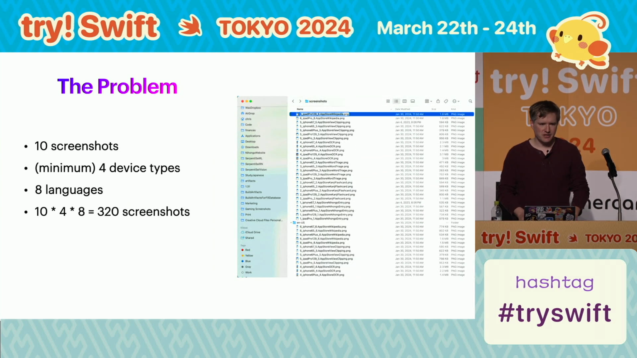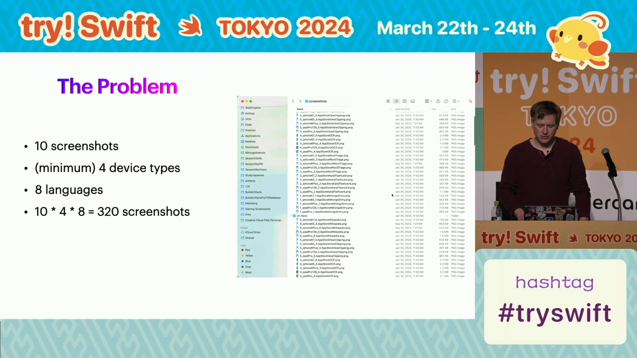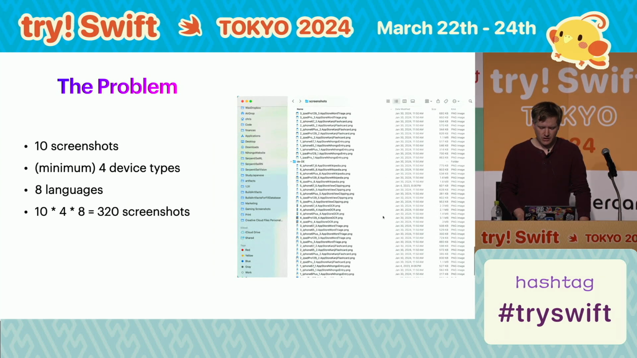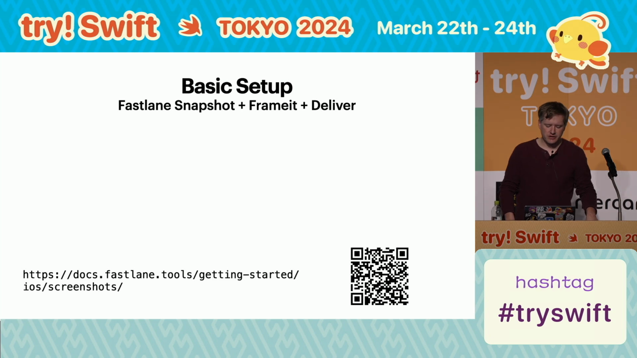Automating this is almost required in order to do that. So the basic setup that I recommend starting with is using Fastlane. Fastlane has great tooling for this. They're called Snapshot, to take the snapshots, Frame It to put them in device frames, and Deliver to upload them